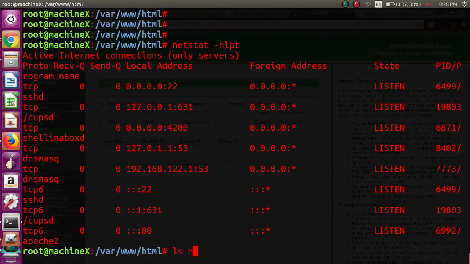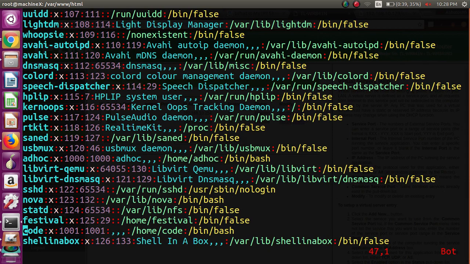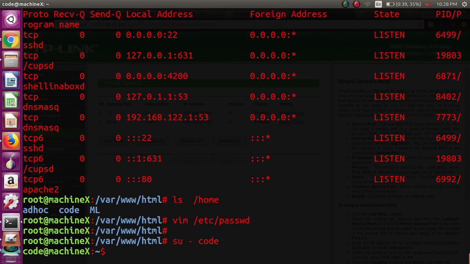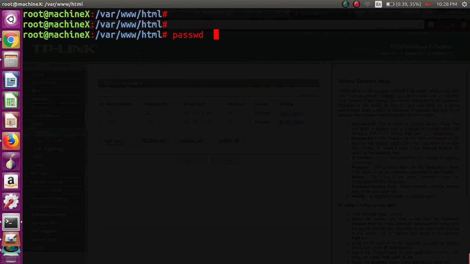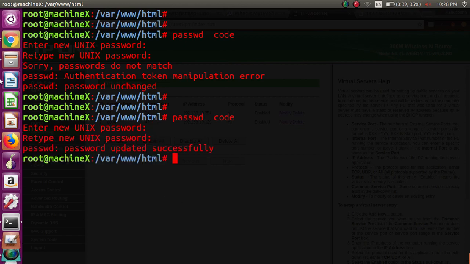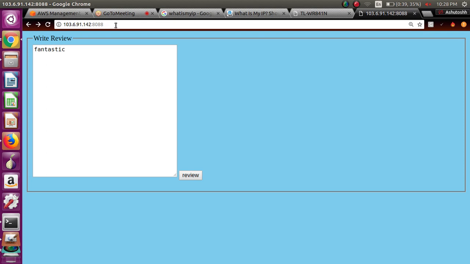If I check my username and password, the code is the username, I guess. Just wait a minute. Yes, code is the username, so I'm using code. Now the password must be something like 123. So one more thing you need to cross-check: 123. Okay. One more thing you can check at your own level. You can have this, and after this hit enter,